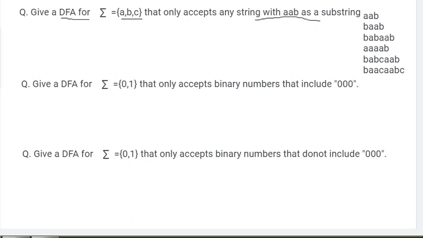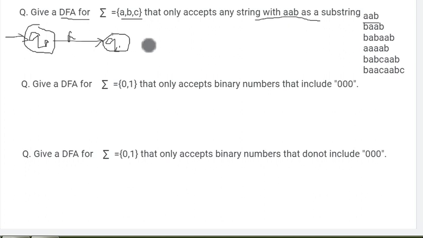So let's start. First of all, we need to make the initial state, that is Q0, which we always represent with the help of an arrow. And from there, what is my first substring? AAB. If AAB is the input, I must reach the final state. So at Q0 state, if A is coming, I can move to the Q1 state. Always remember, we need to make a directed graph.